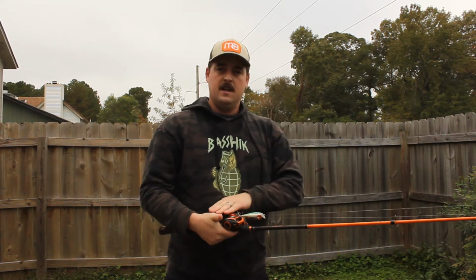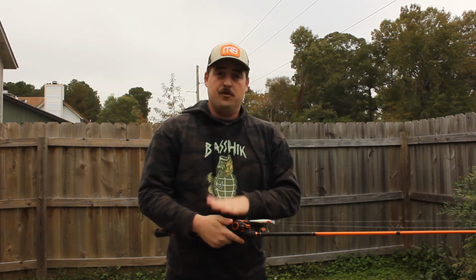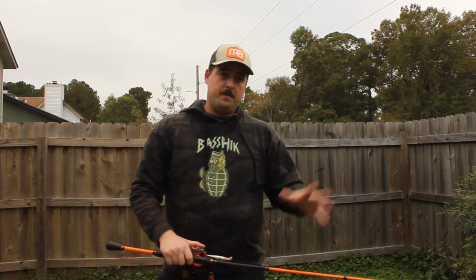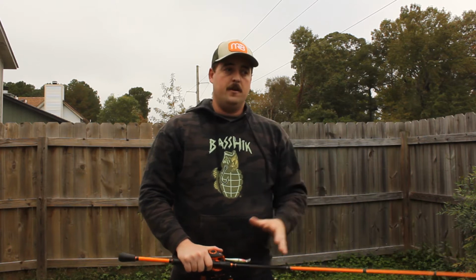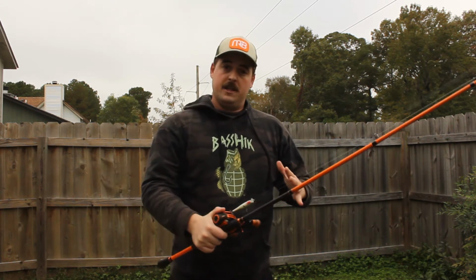The gear ratio on the reel is going to be much more of an important thing for me, being a faster reel, a higher gear ratio, and here's why. So in the fall, when you're fishing with bass that are blowing up or chasing schools of bait fish, and you're visibly able to see that from where you're fishing, it is clutch that if the bait is in the water, to be able to burn that bait back in and get it launched again